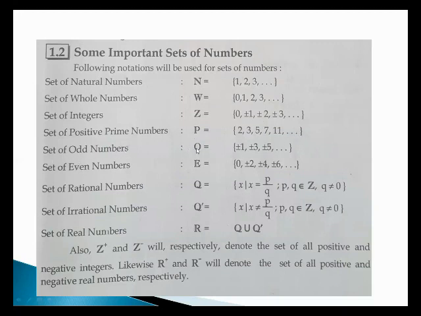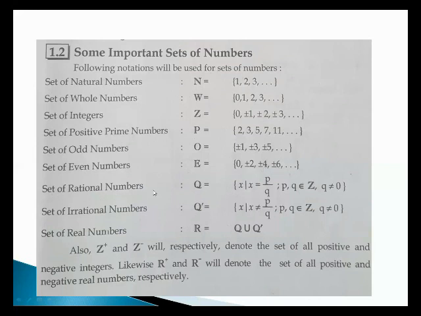The set of odd numbers is represented by capital O. The numbers are ±1, ±3, ±5. They are all numbers which cannot be divided by 2. So they may be positive, they may be negative. So we can write odd numbers in this form. The set of even numbers: even numbers are those which are divisible by 2, like 2, 4, 6, 8, 10, and so on, and they are positive and negative. That's why we write 0 at the start. On the right-hand side of 0 all positive numbers will be written, and on the left-hand side of 0 all negative numbers will be written.